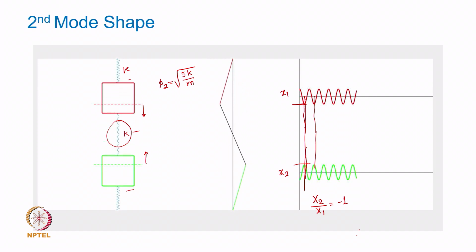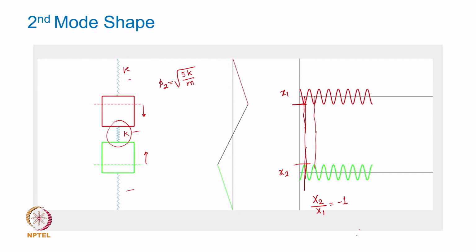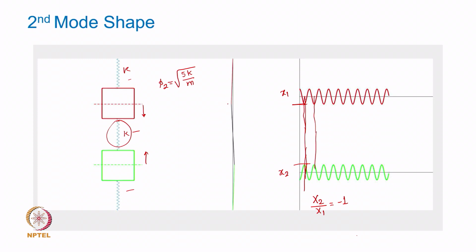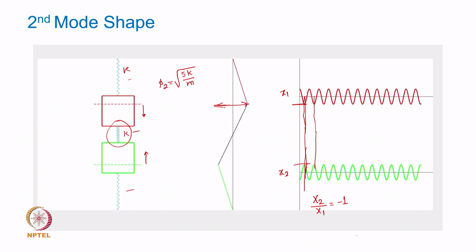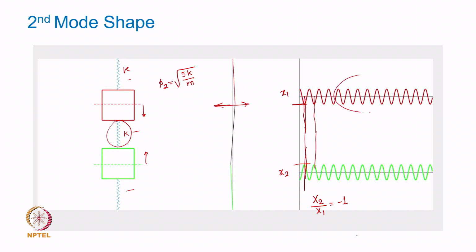Now, you can also see that the speed with which this motion is happening is much higher than the speed with which the motion was happening in the first mode, because the frequency was lower. Okay. Anyway, so this motion of individual masses is harmonic motion,